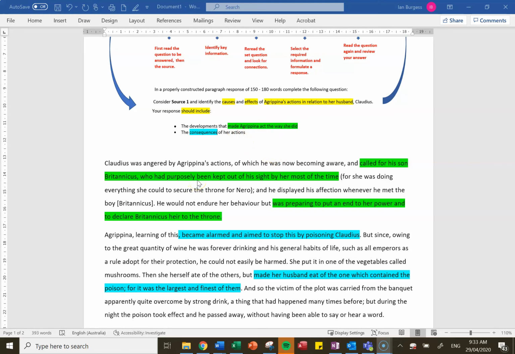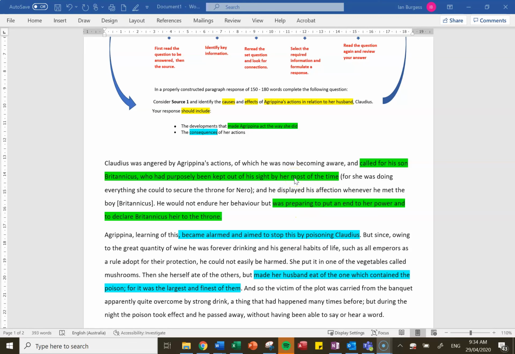Claudius became aware of what she was trying to do and basically started trying to put Britannicus back at the front of the line and pushing Nero out of the way. And at the same time as that, he was wanting to basically put her back in her place and end the power and influence that he had. So these are the things then that make